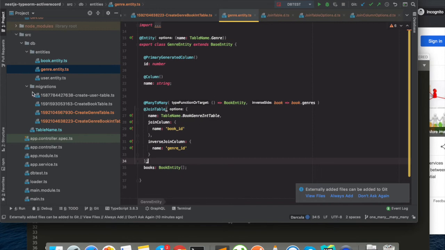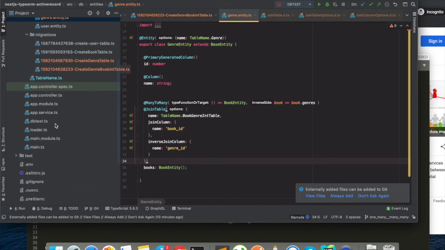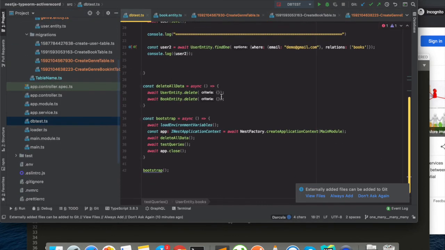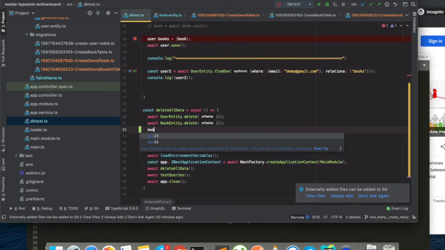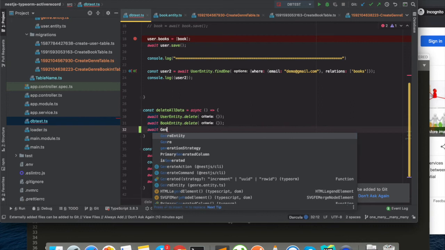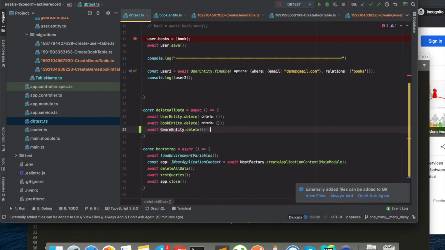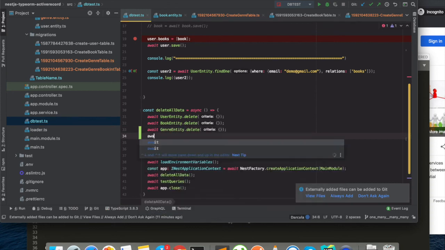Now we are going to see whether it's working or not. So again, we will go to our DB test. Now we will also do await genre entity dot delete, await.